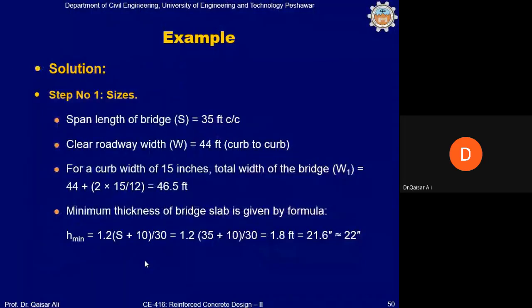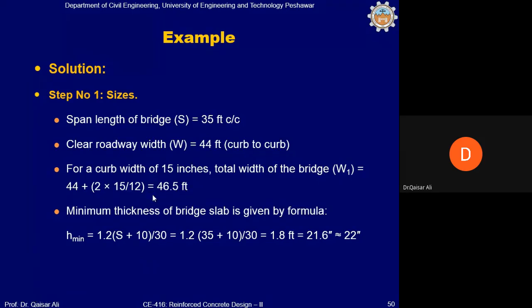Okay, we will start now designing this slab bridge. The span length of the bridge is given as 35 feet center to center. The clear roadway width is 44 feet curb to curb, as shown in the figure. Now for a curb width of 15 inches, the total width of the bridge is 44 plus 2 into 15 divided by 12, which is 46.5,